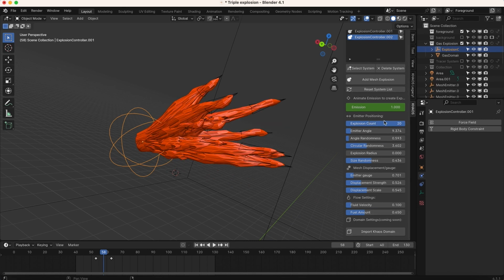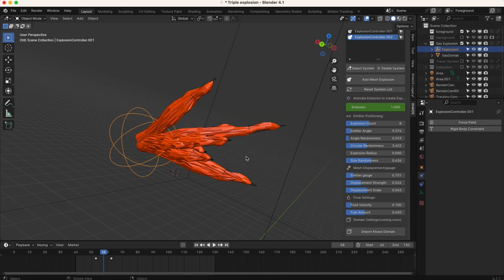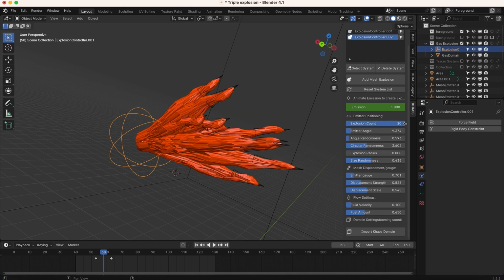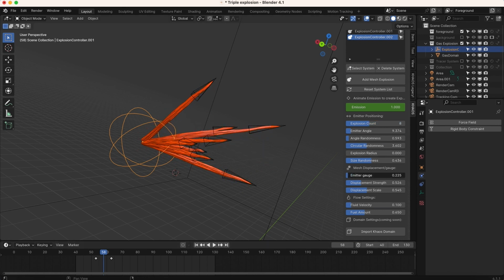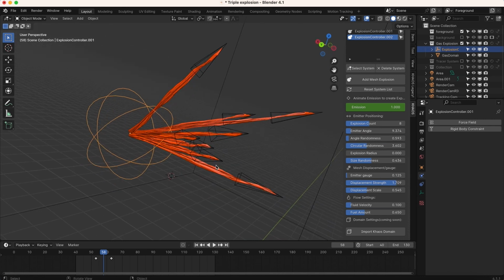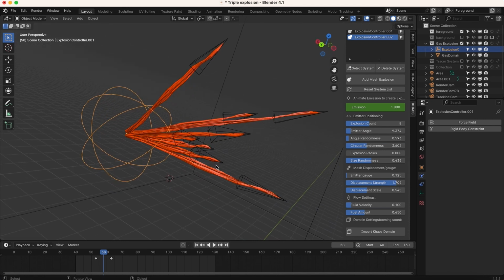Even change the explosion count way up here. I find that having a smaller explosion count is a little bit nicer than just cranking it up a lot, because this can start to blend together and doesn't look as good in my opinion. Of course, it depends on what exactly you're trying to create, but I find that generally decreasing the emitter gauge and having a smaller explosion count works better. Your smoke still tends to mold together as the simulation